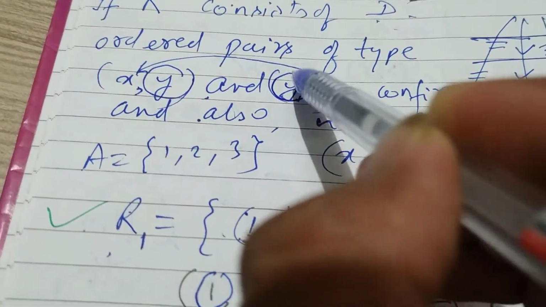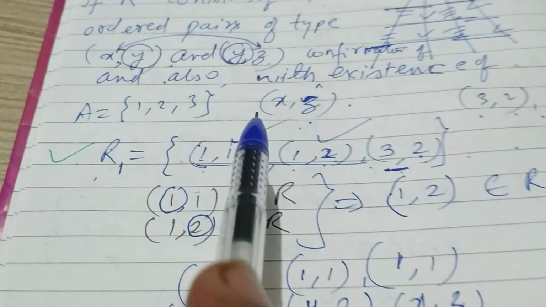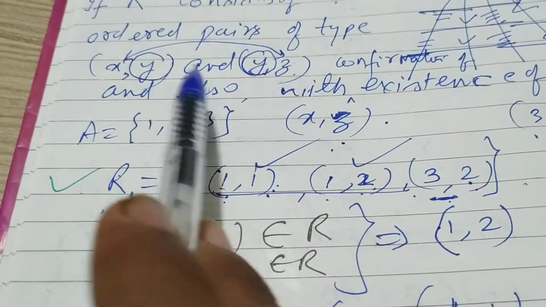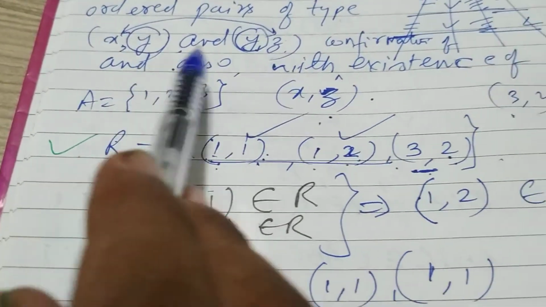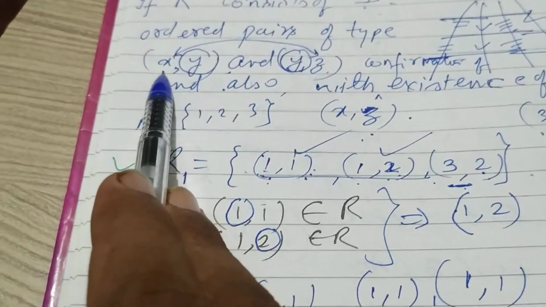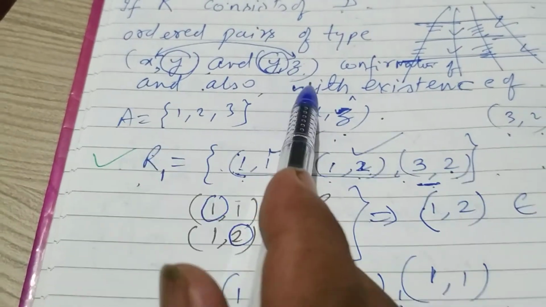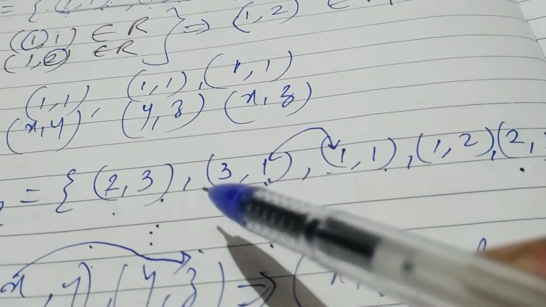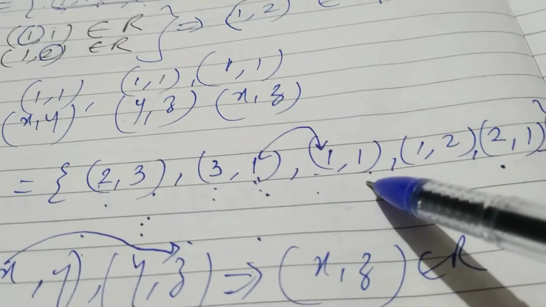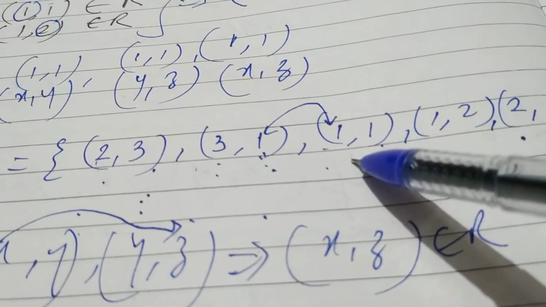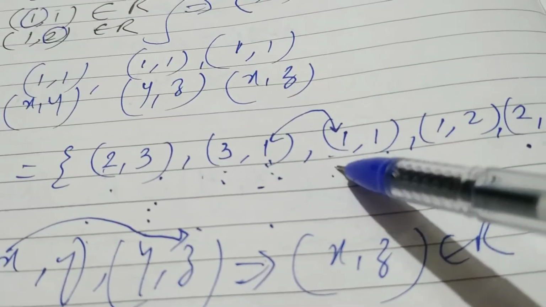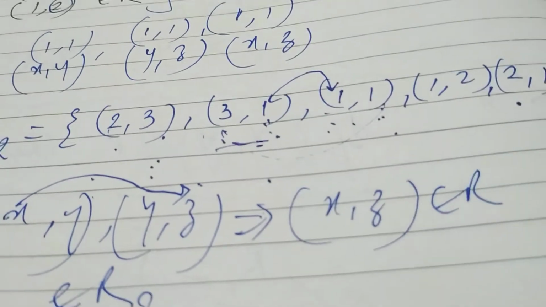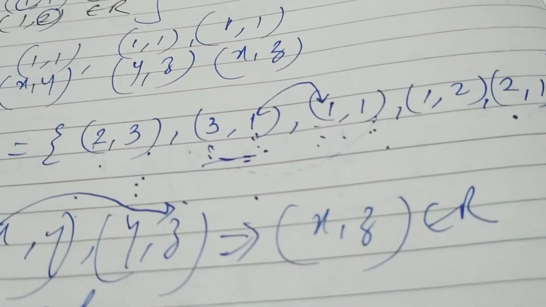See, one common link should be there so that this transitive relation is transferred through this element Y from the first ordered pair to the second ordered pair, or you can say from the first element of the first ordered pair to the last element of the second ordered pair. So 3 1, 1 1: whether 3 comma 1 is present, yes, it is. So again this transitive relation is done.